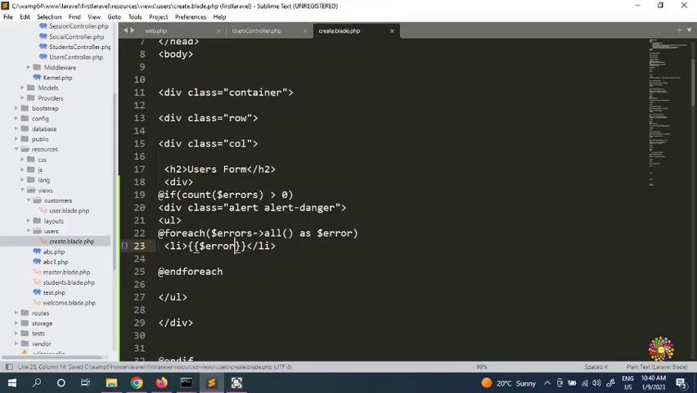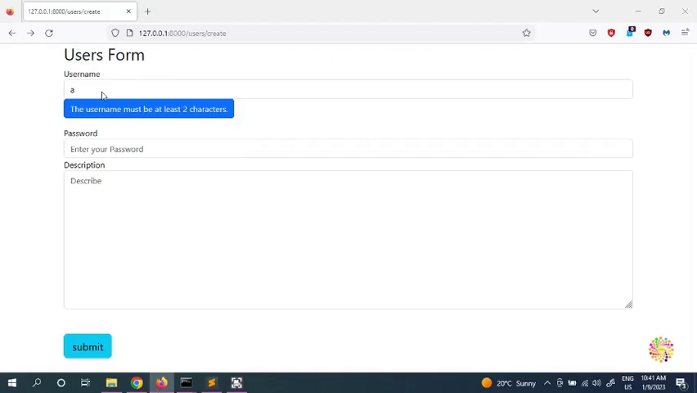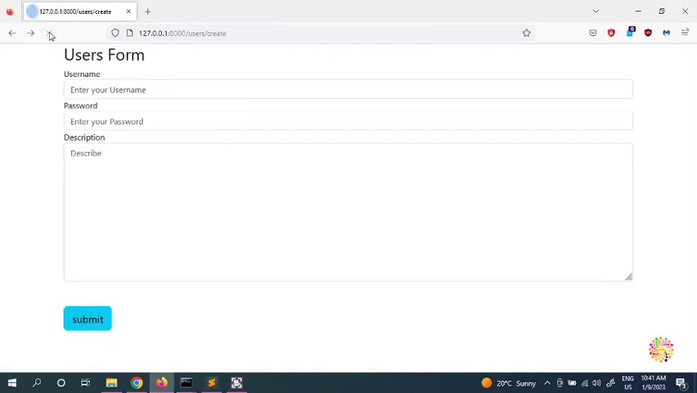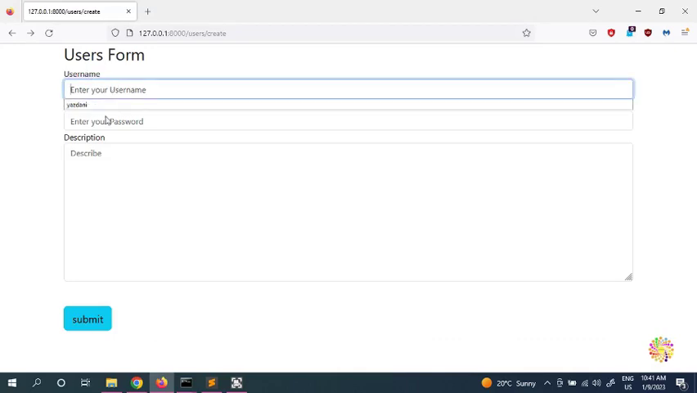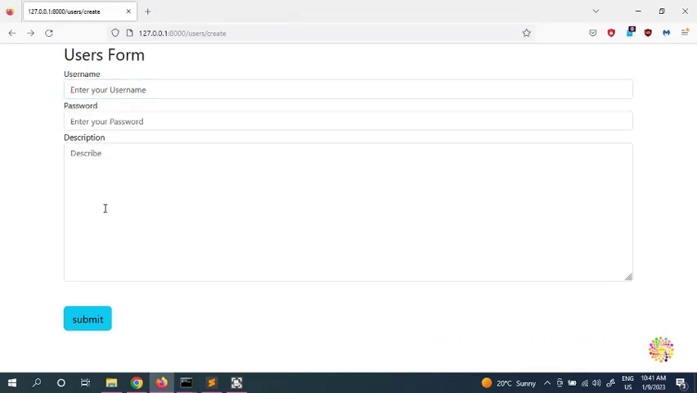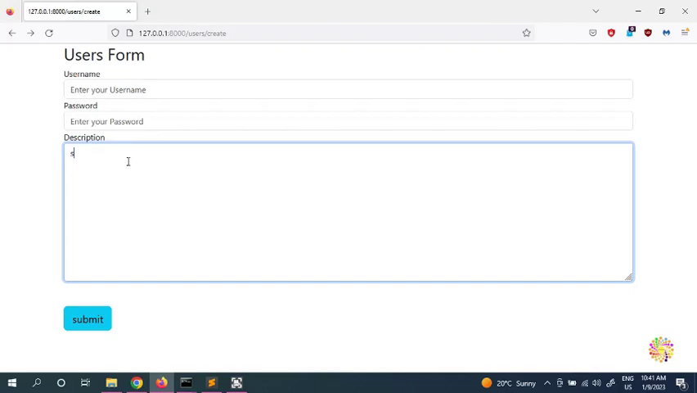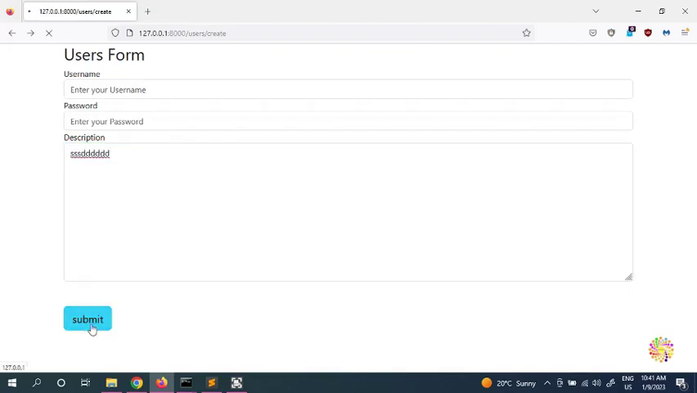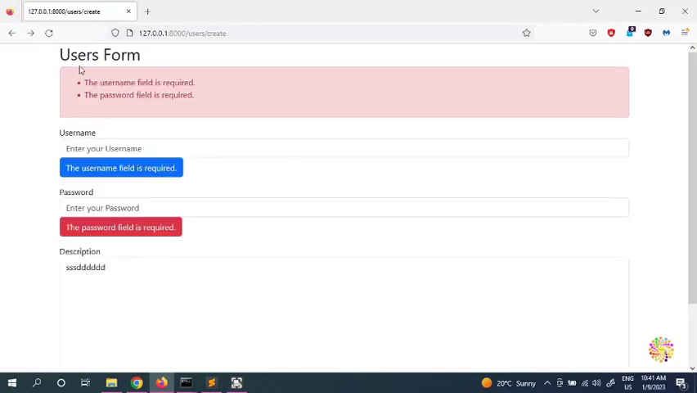So once your error is done, now we're going to see all the errors once. We're going to alert the user, so we're going to refresh. We're going to leave this, for example, two sides empty. We're going to type something here like that, and we're going to try to submit this one. Now we're going to get an error. See here it says the user name field is required, the password field is required, so we're getting error here